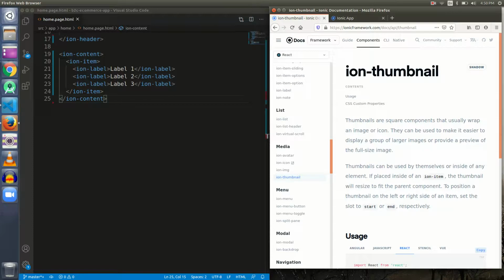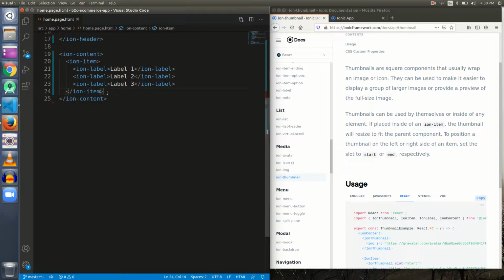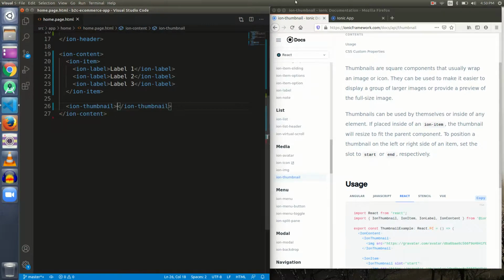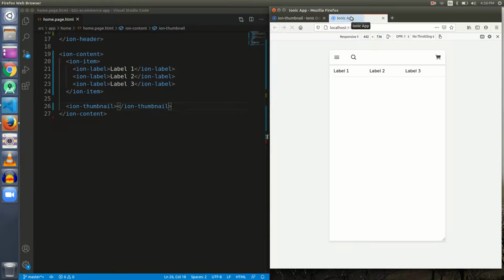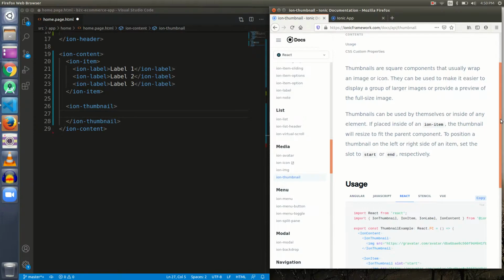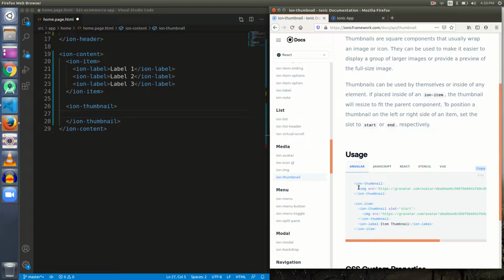Okay, let's start writing some code inside our ion-content. Ion-thumbnail, and here is our Ionic application that is running, and let me put an image inside it. As we can see from the Angular tab, we can put an image inside it, with an image source.